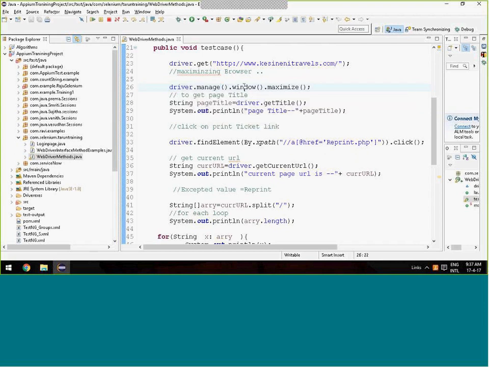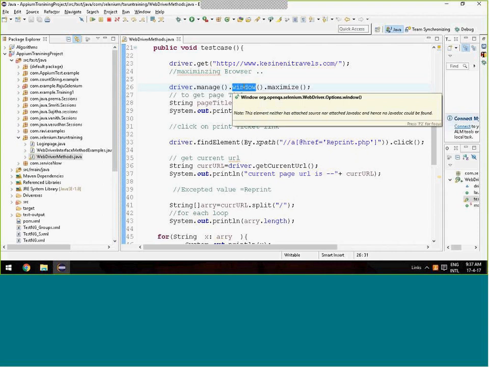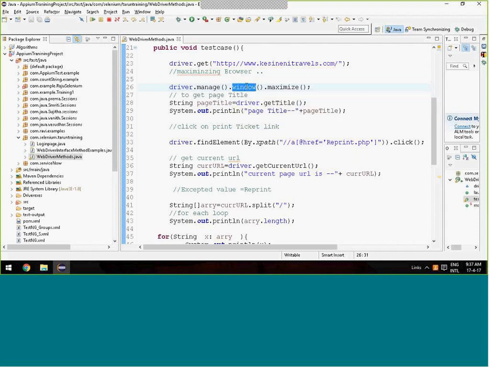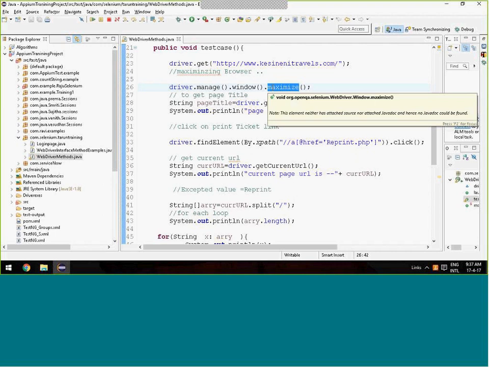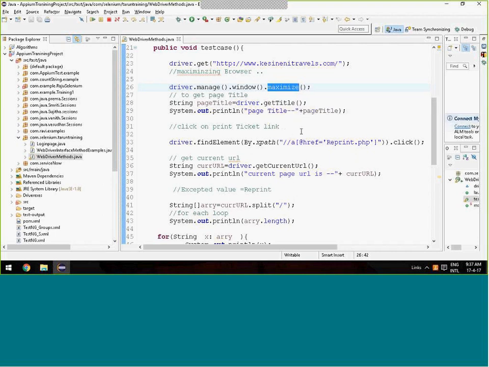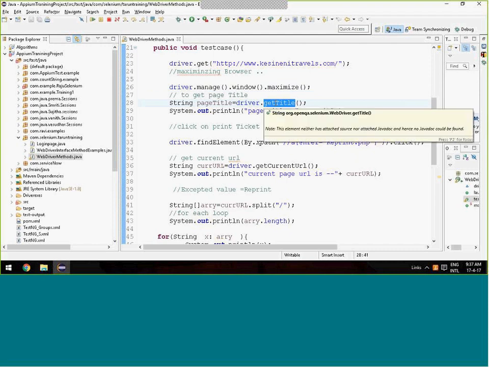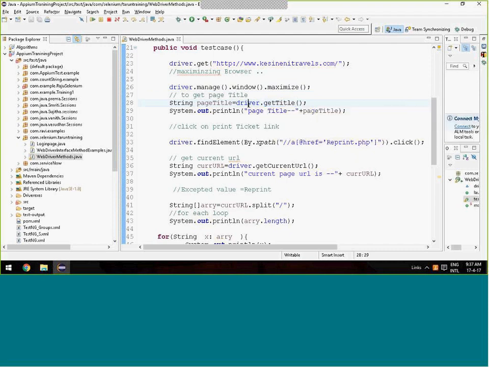There is a manage function. On top of manage, we have window. On top of window, we use maximize. Okay, and getting a page title. There is a method called getTitle, so driver.getTitle(), that title will come. And next is the current URL. So getCurrentUrl, whatever the URL is on the current page, that particular